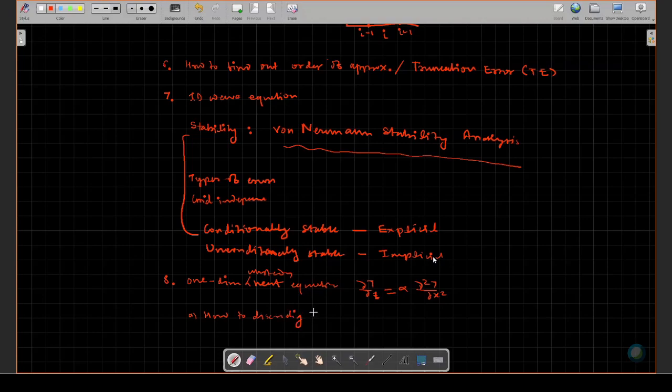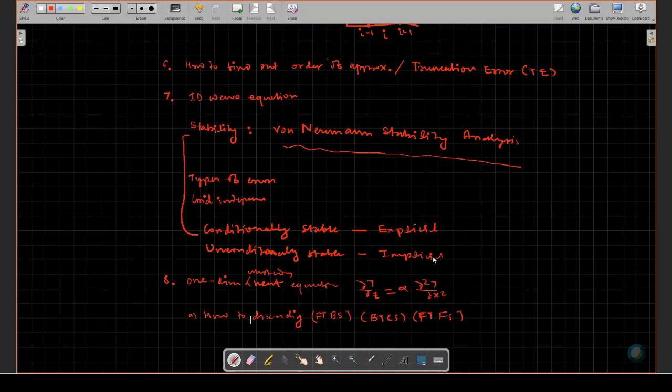So in that, you may be given, or you can choose. If it is given, like forward in time and backward in space, then use that scheme. Or if it says forward in time, central in space, use this. Or backward in time and central in space, use that. Or forward in time and forward in space, for example, accordingly you can use those.